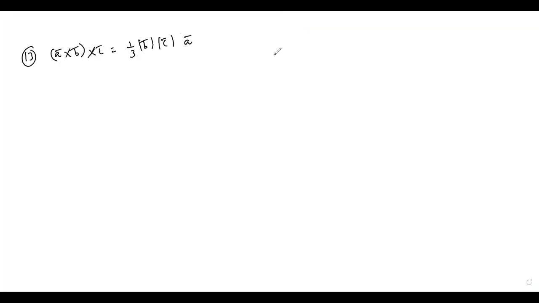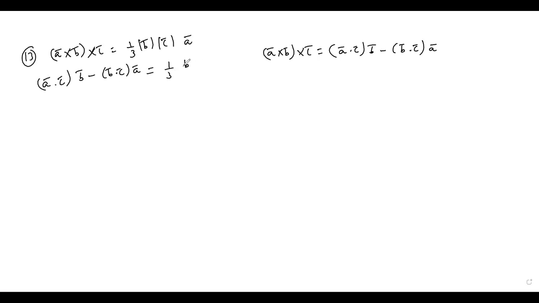Now it is a vector triple product. How to do the cross product? A bar dot C bar into B bar minus B bar dot C bar into A bar. Okay, same procedure doing here: A bar dot C bar into B bar minus B bar dot C bar into A bar. Now this is completely scalar because of magnitude. Now what is the scalar? A dot C. Now what is the coefficient of A bar? That only compare.